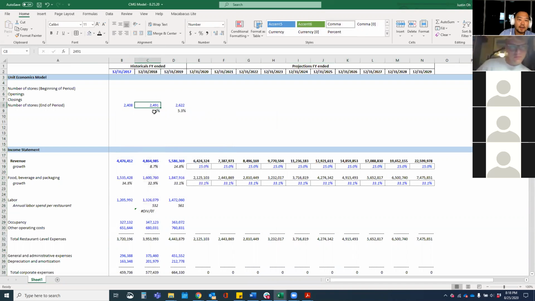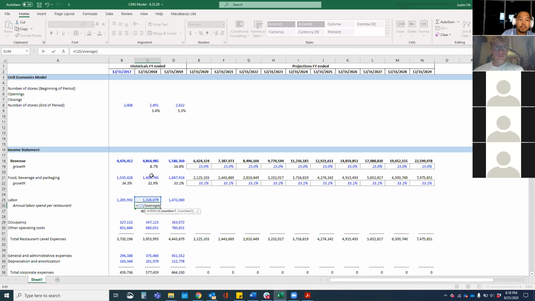So at the end of the year, with 79, 83 more restaurants than they did at the beginning of the year, right? So what we need to do is take the average. So it's the labor spend divided by the average of the number of stores, restaurants, they had over the period. Okay. So we know that